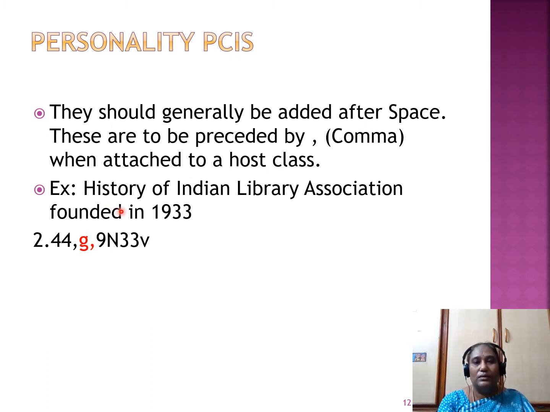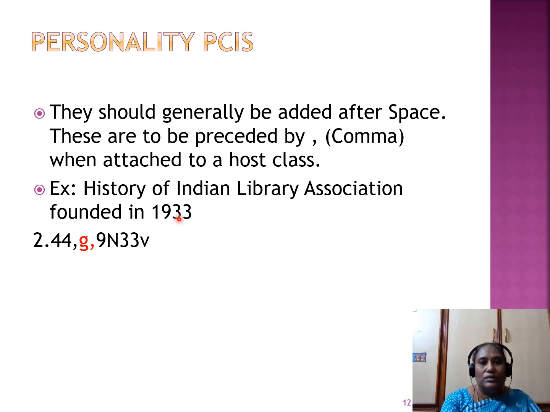For example, there is one example: history of the Indian Library Association, founded in 1933. Here the basic subject is 2, library science, and 44 is India. So that's why we put comma, dot and 44, space, and comma and G. Here G is for association, and comma